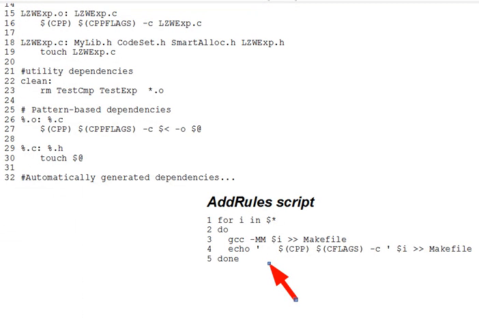Now, this is not a lecture on shell scripts, but here's a brief summary at least. The for loop on lines 1, 2, and 5 iterates on i as a loop counter variable, setting it to each command line argument to the script in succession, and we'll run the script with .c files as command line arguments. Line 3